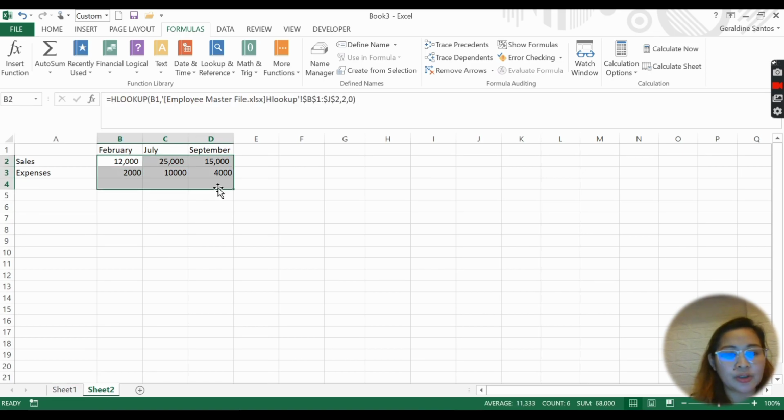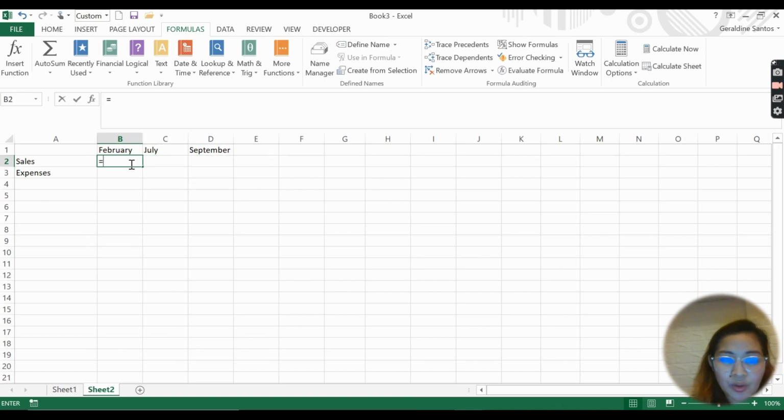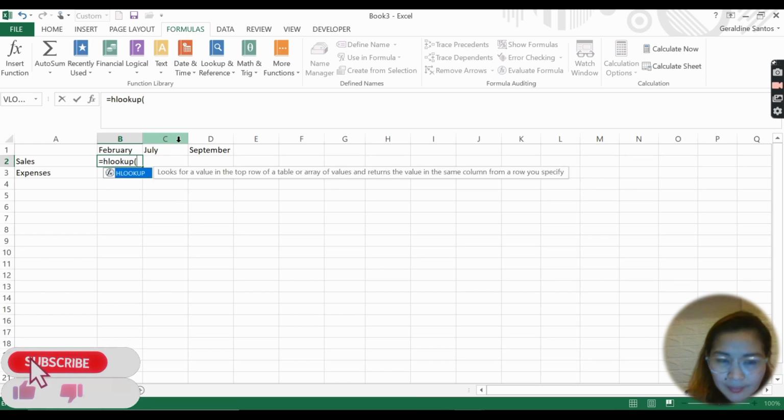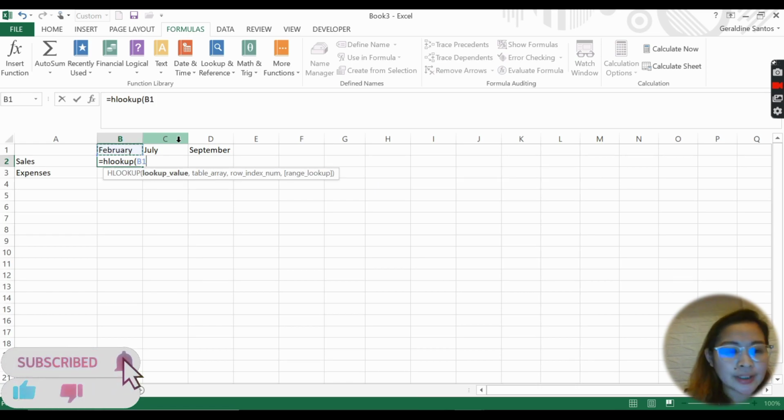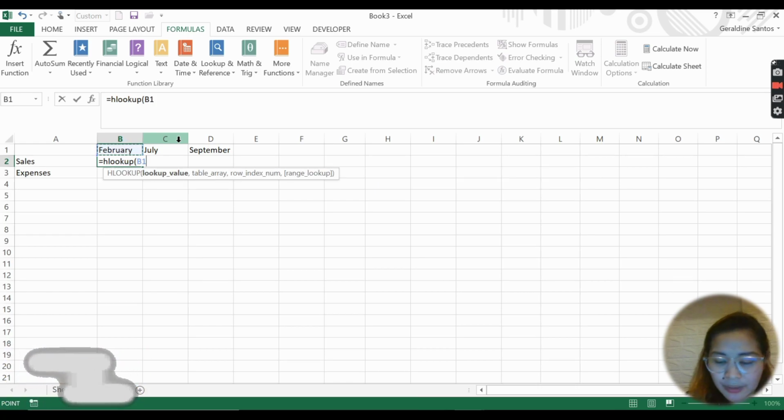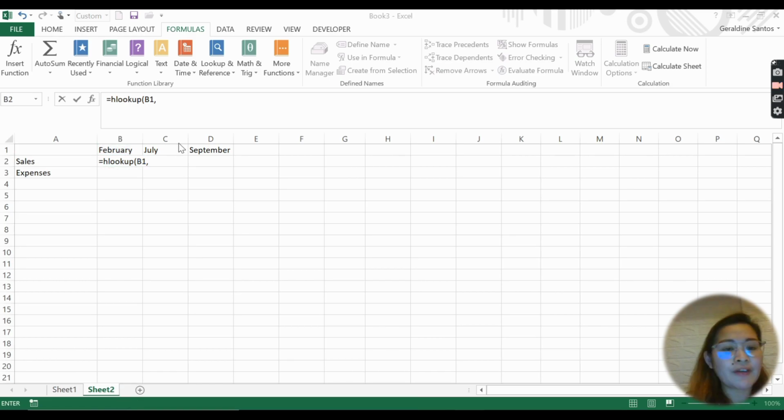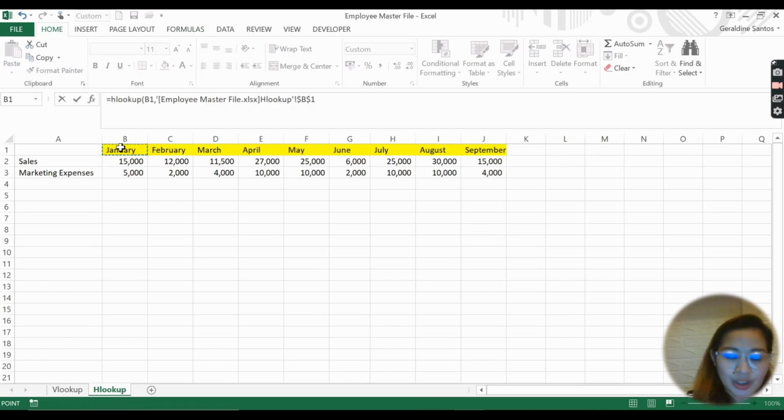For example, you're looking for the sales of February, July, and September. So equals HLOOKUP, open parenthesis, the same variable in both your working file and your source file, January month. So highlight till last.